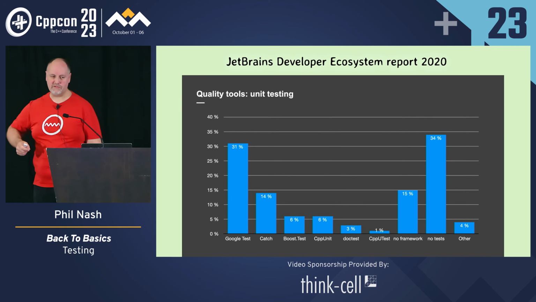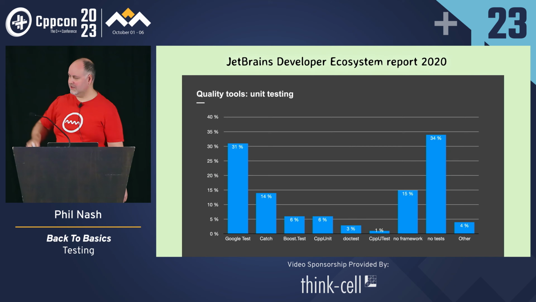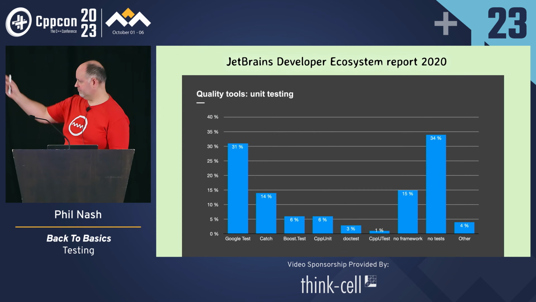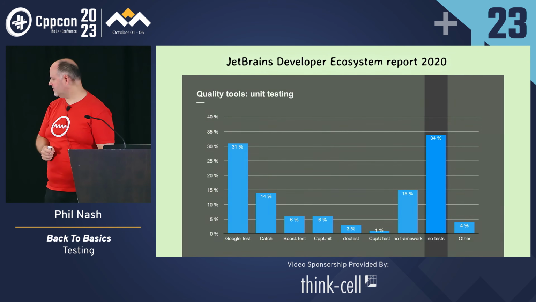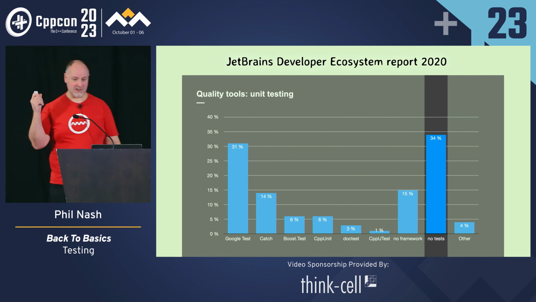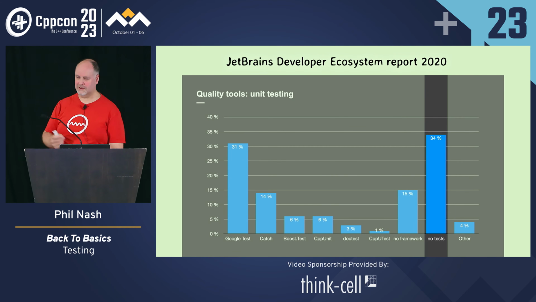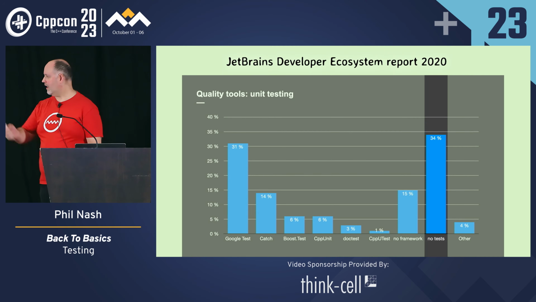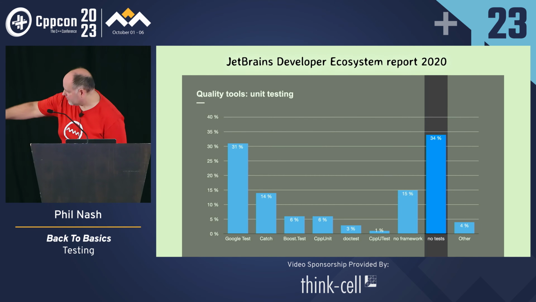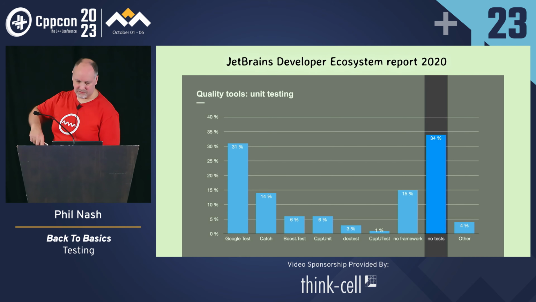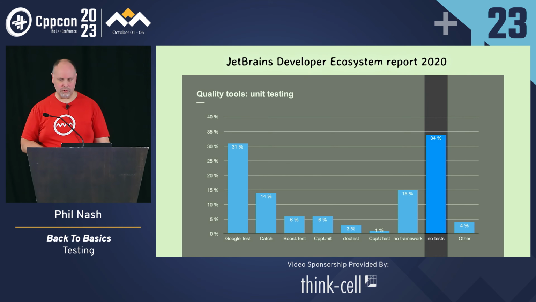I'll just very quickly show you the JetBrains developer ecosystem report. This was from 2020, because they changed the formatting after that, and it's a bit harder to read, but you can see Google Test, by far the most popular test framework, nearly as popular as writing no tests at all. Which unfortunately in 2020, according to the survey, was 34%, a third of people surveyed didn't write tests at all. And then another third used Google Test. You can see Catch there in second place. I don't know if you can read it very clearly, but Boost Test here was the next one down, then CppUnit, then doctest. So many of the ones that I mentioned, they're all players.